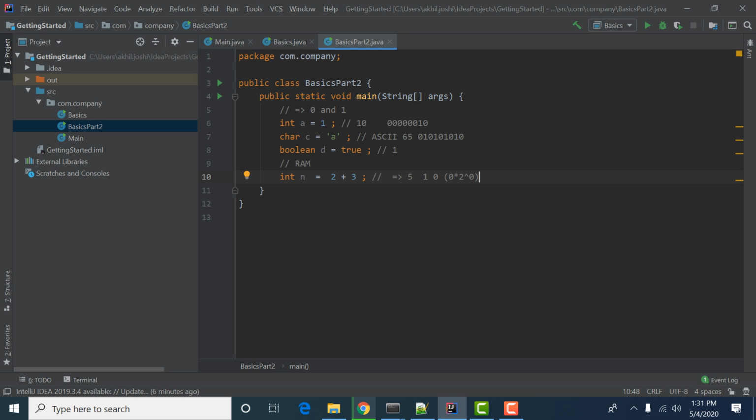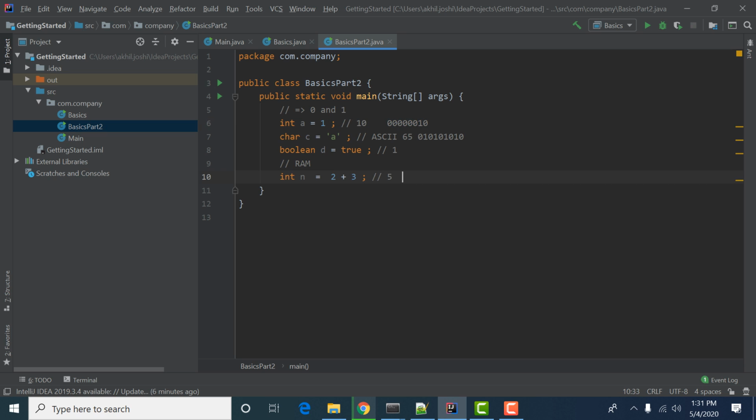Okay, so I will explain the operators as well. The next topic is our operators. Let us leave these things for now. We will cover this in the upcoming 2 or 3 minutes. So this value comes out to be 5, and it will be stored at an address of 8 bits with the corresponding value. So the next question is how this value is generated.